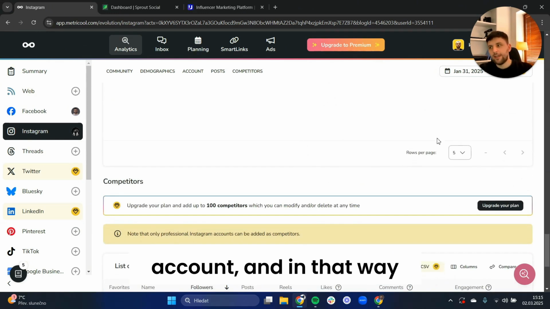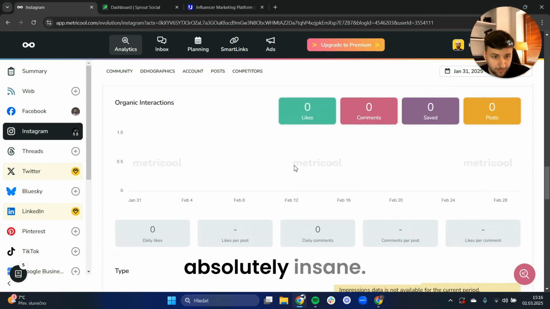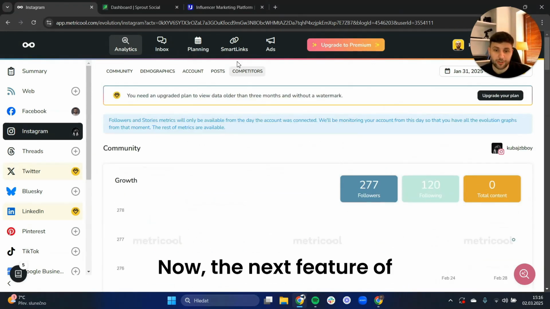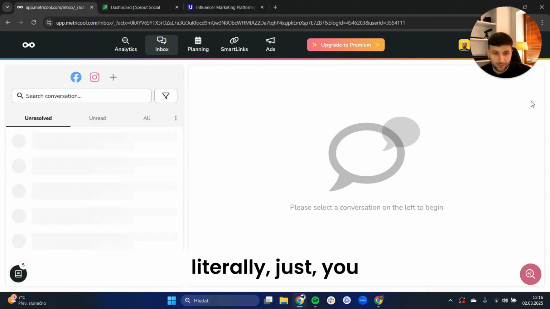And in that way, you can see which are the bottlenecks or which are the problems that influence your business in a negative way. So that's absolutely insane. Now, the next feature of Metricool is that you can literally, and I mean literally,